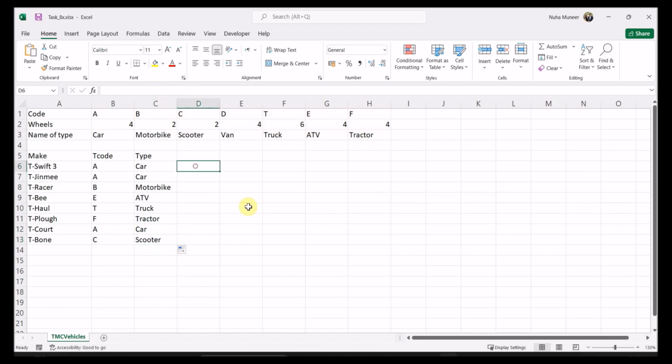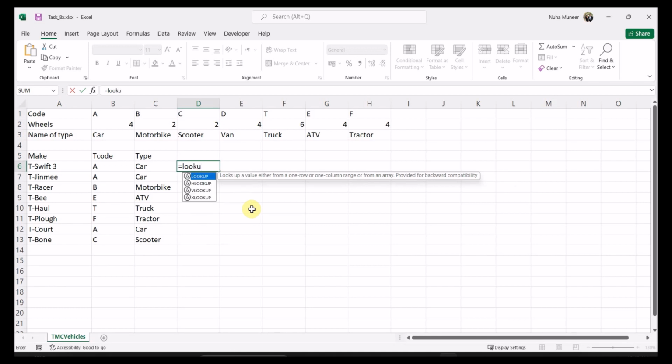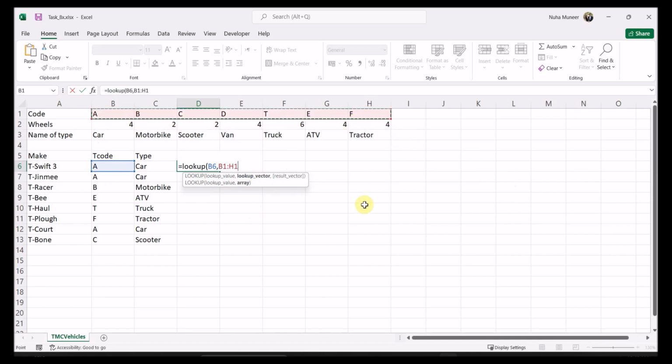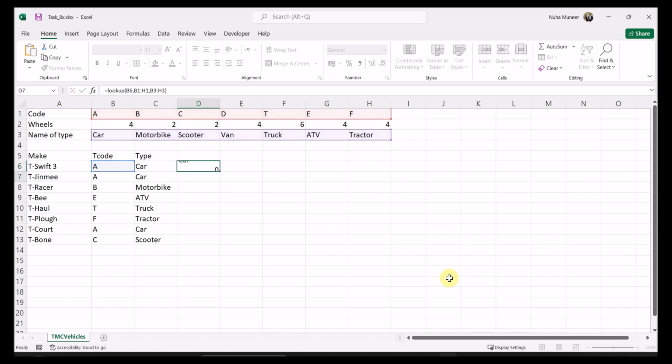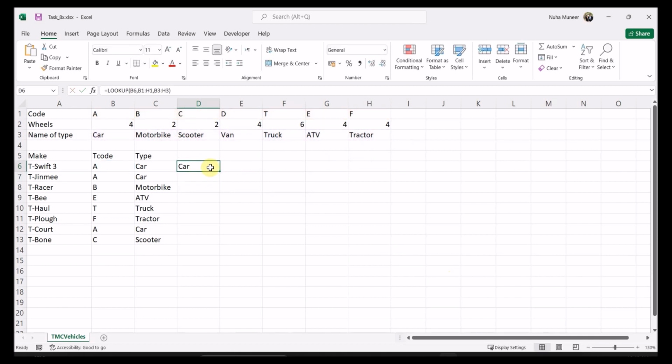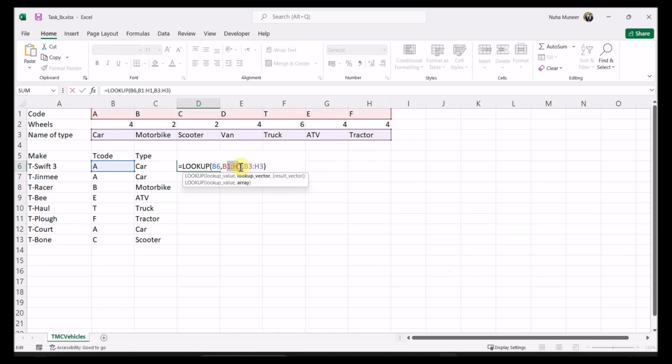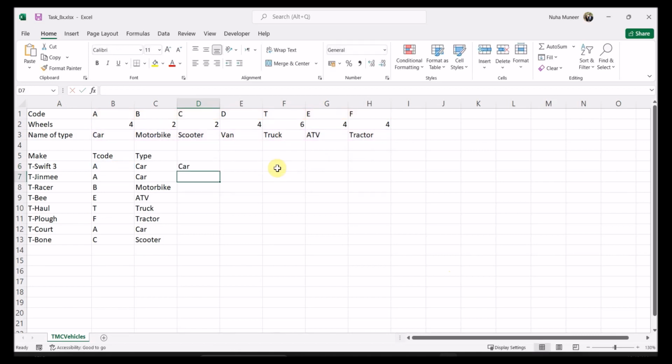I'm going to try it again using LOOKUP. LOOKUP is not commonly used, but you should know how to use LOOKUP as well. So type LOOKUP. And first of all, the value, which is definitely from here. Then they will ask you for two arrays. The first one is the lookup vector, which is exactly where this value is coming from. It's coming from over here. The next one is the result vector, where the result column or row is supposed to be coming from. It's supposed to be coming from here. And then you need to replicate it. But before replicating, I have to make this absolute and as well as this one. And then simply